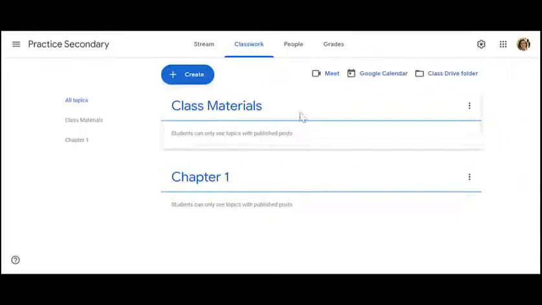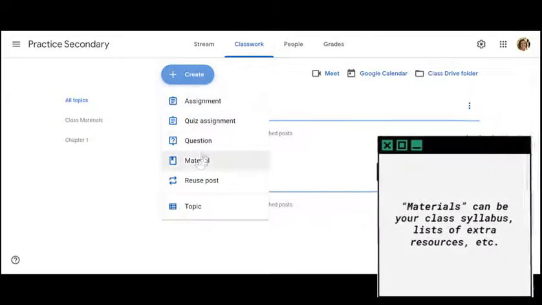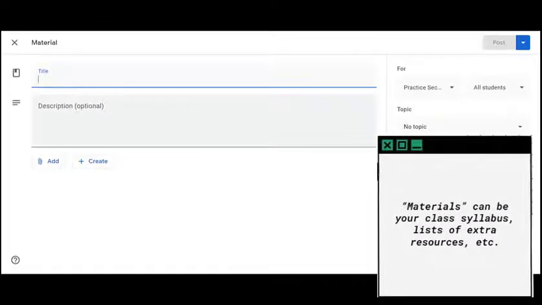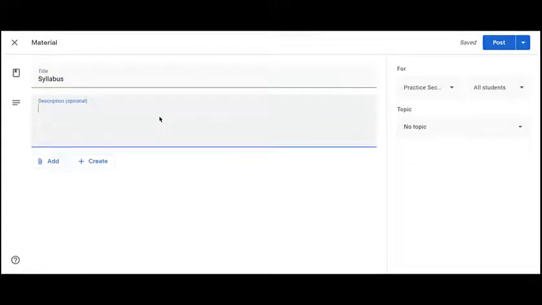so that my students at any time can go to the class material section in the classwork tab and they can find these class materials. Maybe within there, I'm going to post a material that will be the syllabus. You can give a description of what you want them to do with the syllabus. You can add an item from your Google Drive or pull a link or a file even from your hard drive, and you can pull that syllabus in for your students to read and access at any time, and your students will be able to see and engage with or read that syllabus